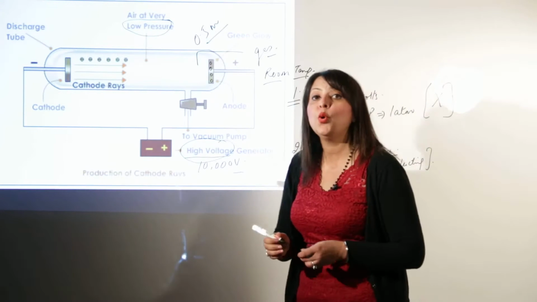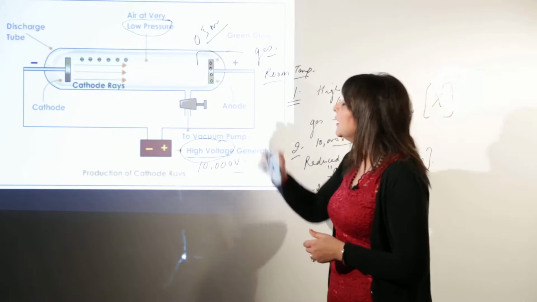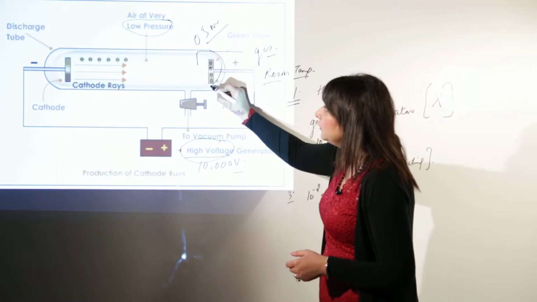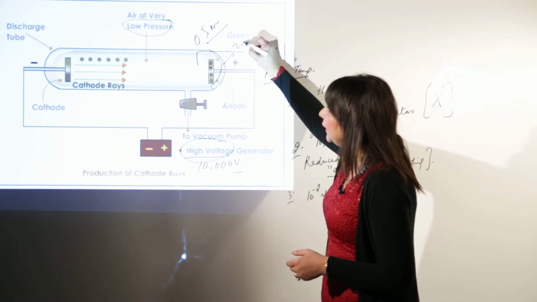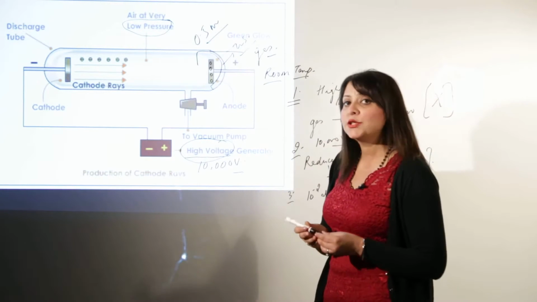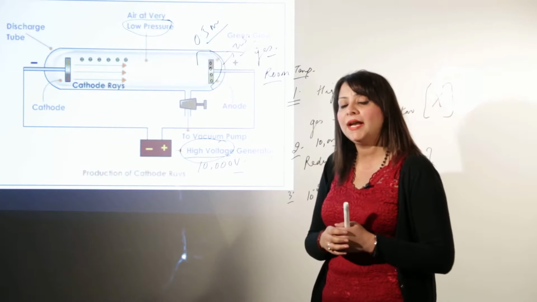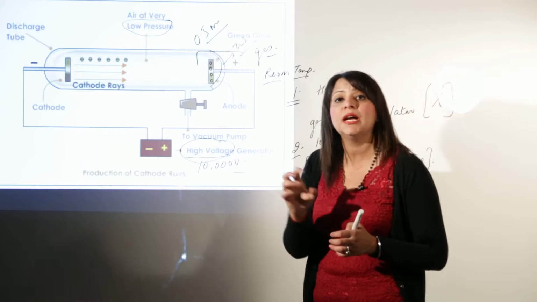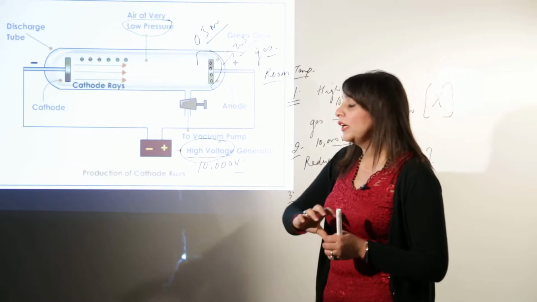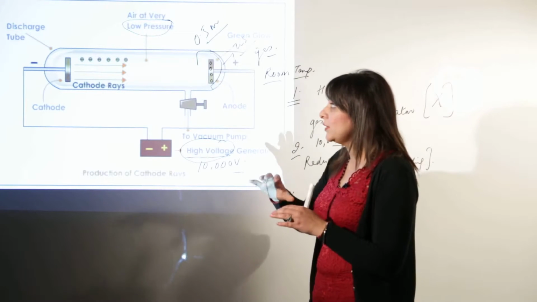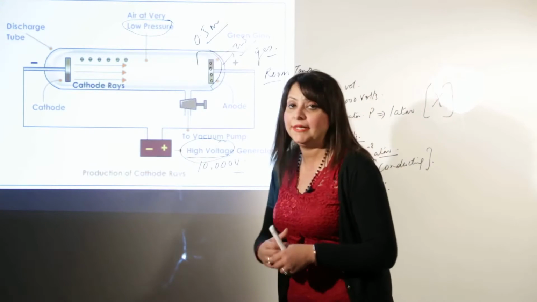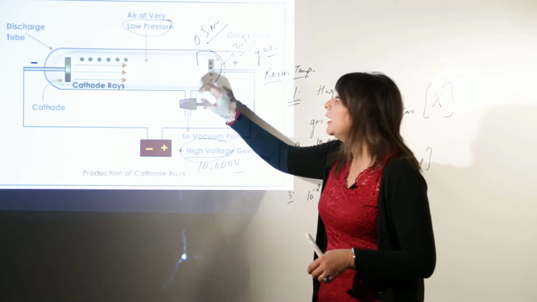Perforated means there are holes in the anode, and he covered the back side of the anode with a fluorescent material, that is a zinc sulfide screen. As you all know, a fluorescent screen is such that when any beam of particles strikes it, it will produce a colorful pattern. So just for the confirmation, he made the anode perforated, and